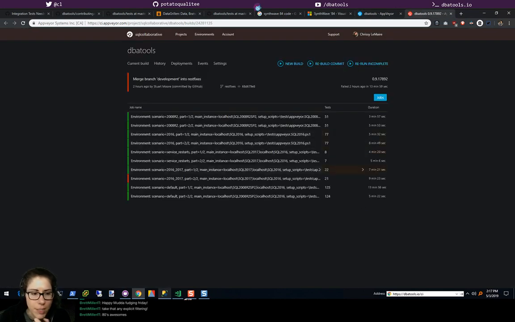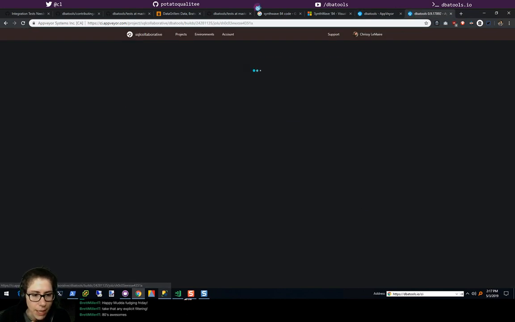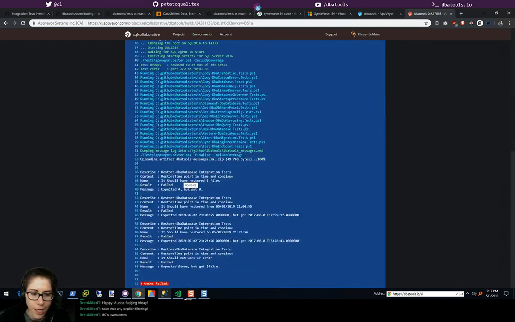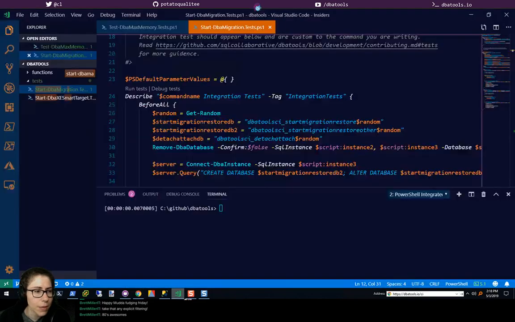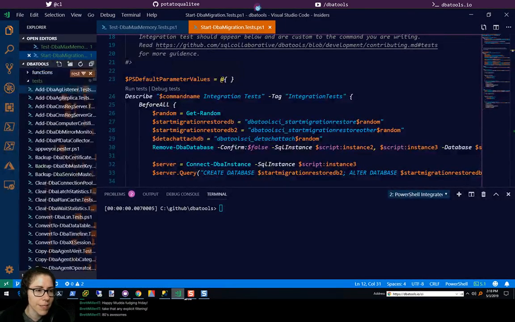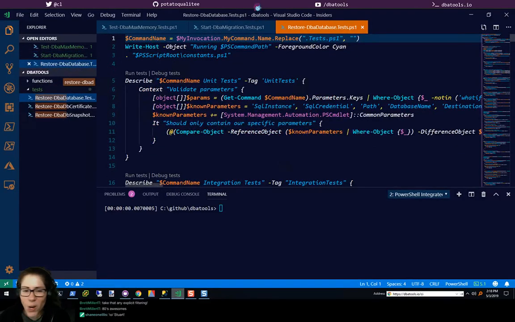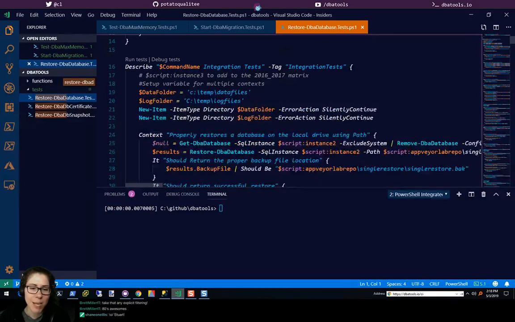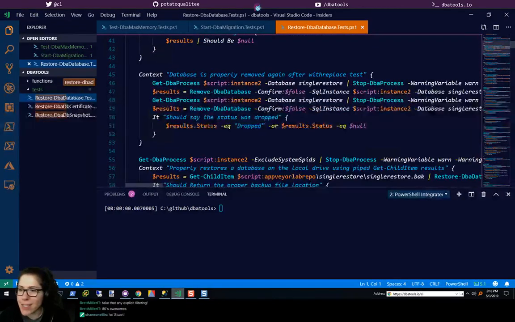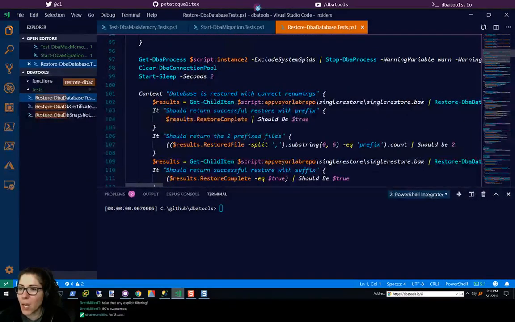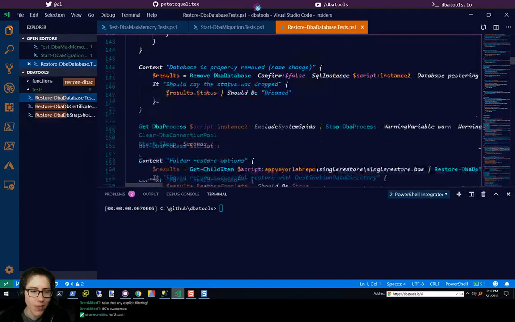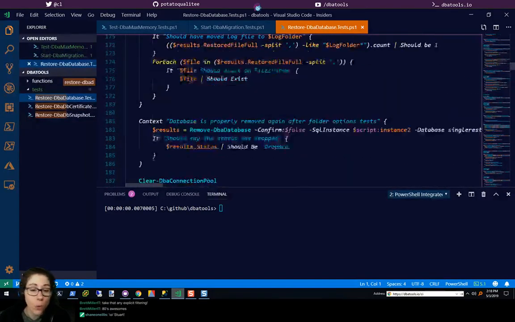Yeah. So Stuart is awesome. He's our backup and restore guy, and he is currently working on... Oh my God! Check this out. I'll show you all of his tests. Restore DBA database. He's got like 50. I know, it's amazing. Look at this. I mean, even my map is long as hell. It just keeps going. These are all real things